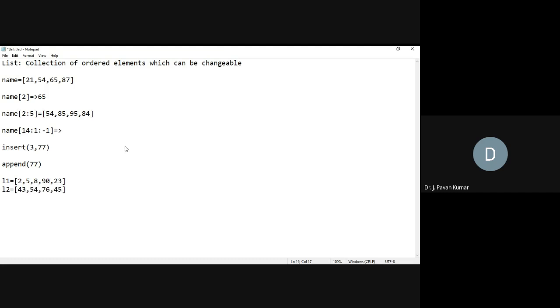Now we wanted to append, try to understand, we wanted to append to L1 the elements of L2 as well. That means whatever elements we are having in L2, we wanted to have in L1. That means all these elements 43, 54, 76, 45, we have to append to the list L1. In that case, we are having the function called extend.